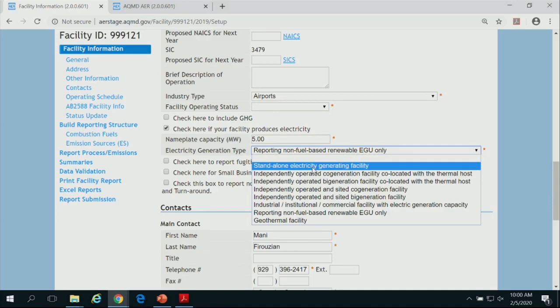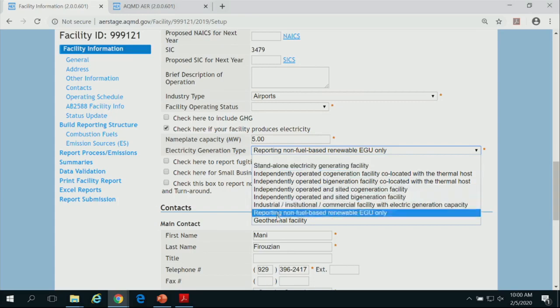You're only reporting the configuration of your facility, not emissions. That's why I indicated when you select non-fuel based generation, the tool knows there are no emissions from this. Leave it off.